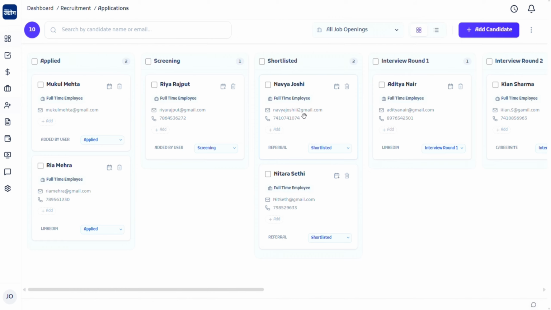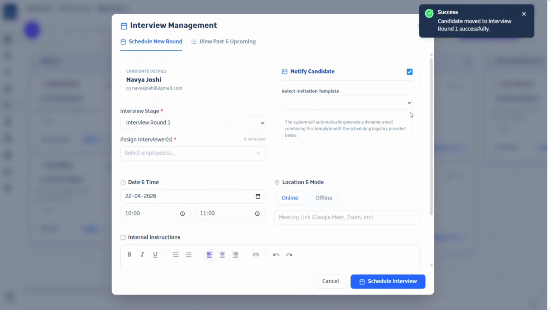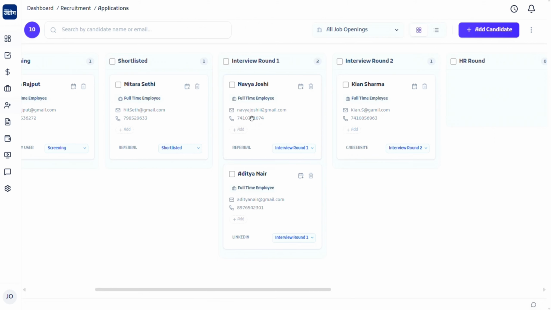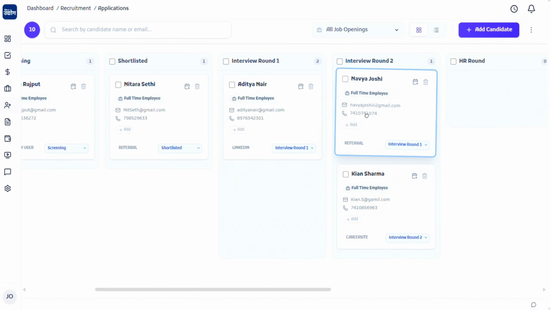After that, we have interview round 1 where the initial interview is conducted. You can schedule the interview by filling in details like date, time, interviewer, and mode, and then click on schedule interview button. Next is interview round 2, which is for further evaluation, where you follow the same process to schedule